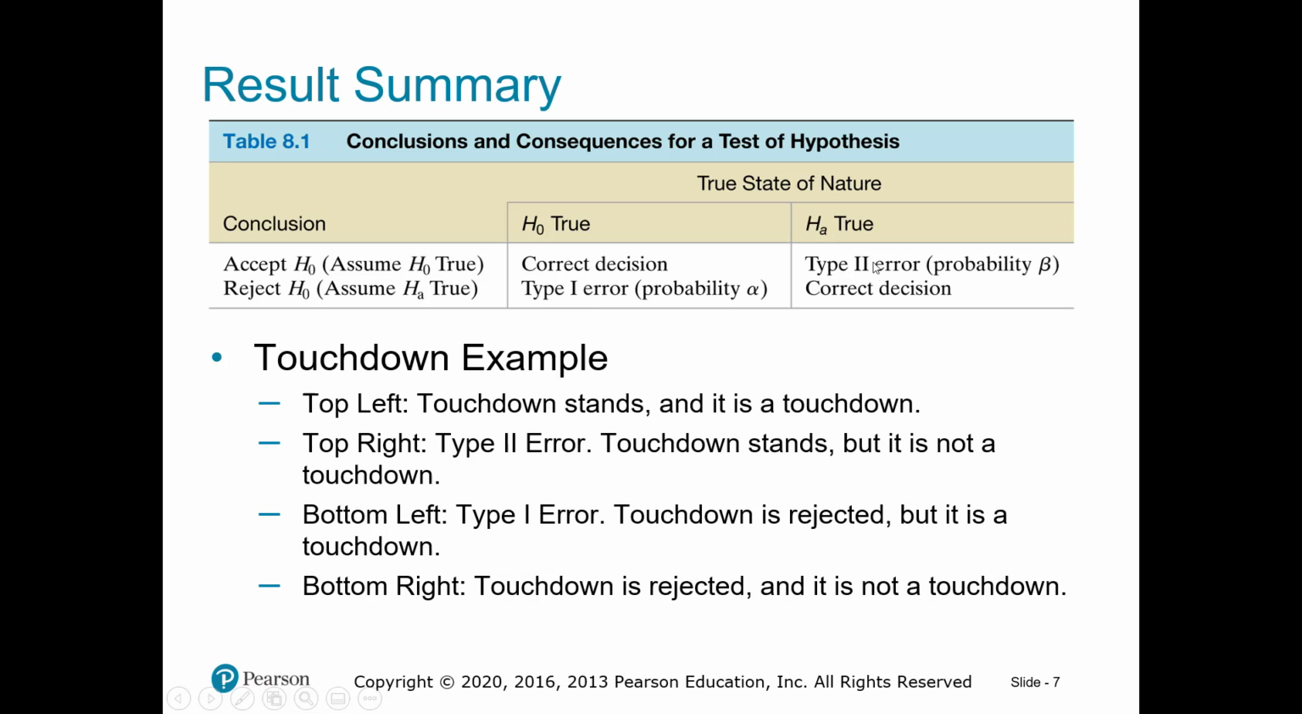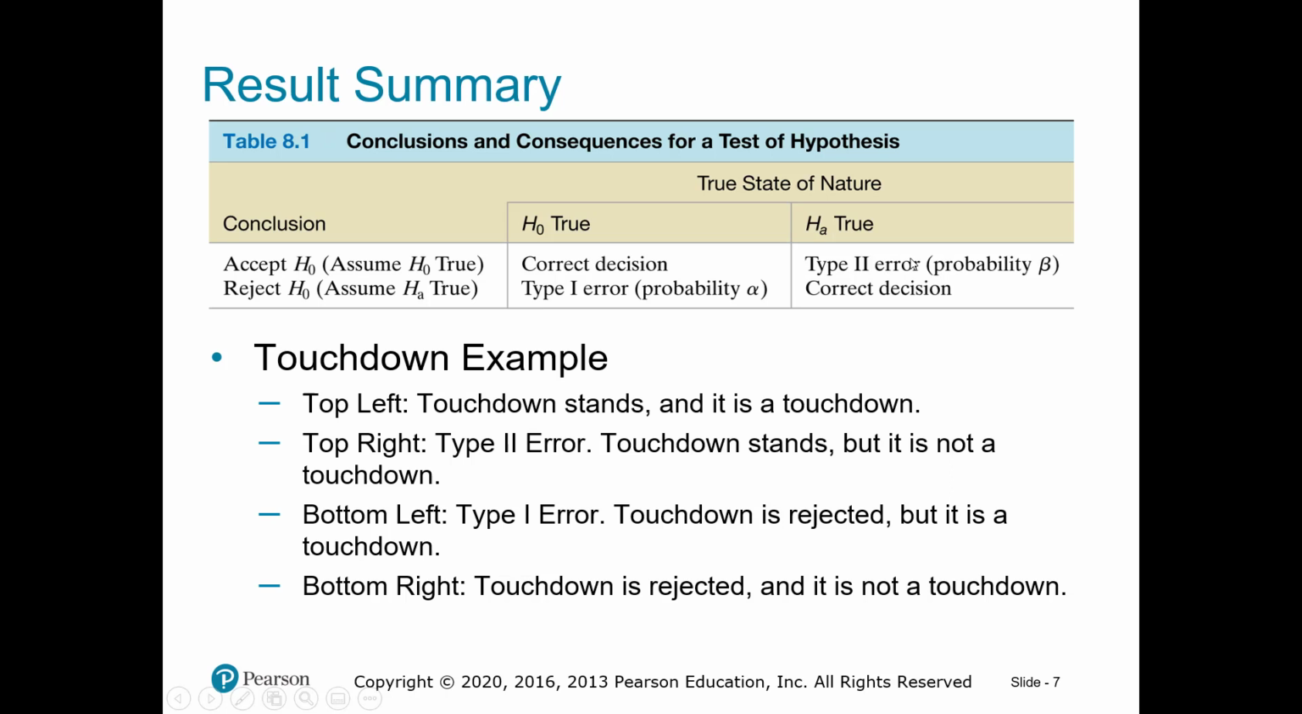Now, the converse, the opposite, is if in fact it isn't a touchdown, but we don't reject. So it's not a touchdown, but we say, yeah, we're keeping the touchdown. Then we've committed a type 2 error. In terms of probability, we call the type 1 error alpha and the type 2 error beta. The type 2 error is a little bit more complicated because depending on how strong our alternative hypothesis is, it could be, in this example,